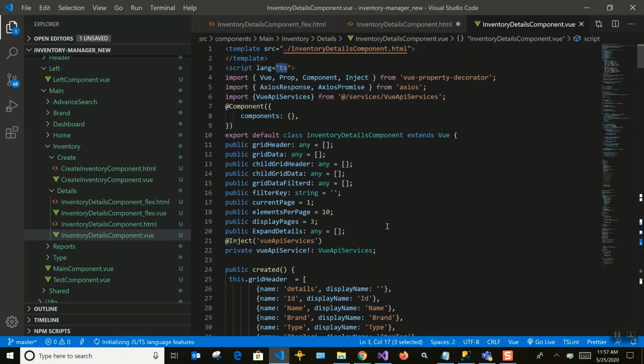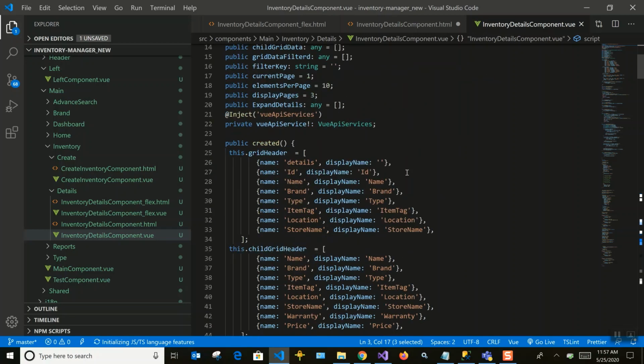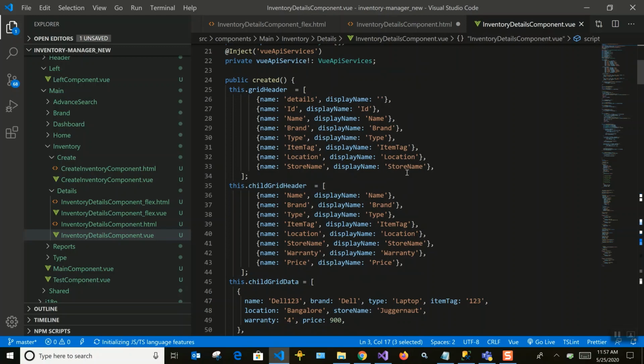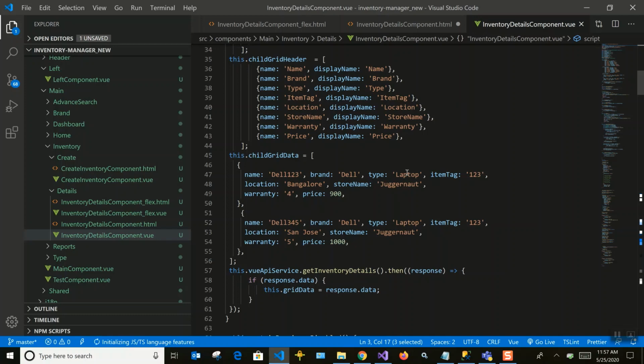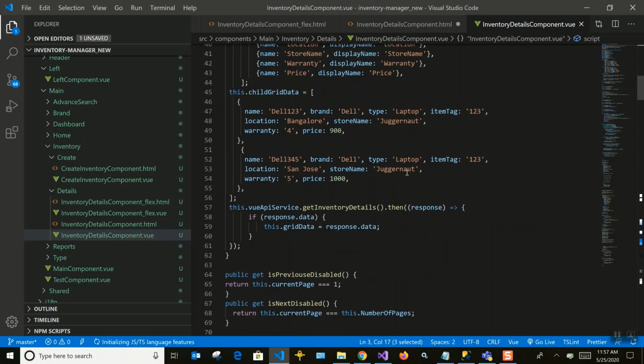You should specify the particular type by creating the corresponding interface, or basically the models. We'll cover that part in another session, how we can keep the code clean and more understandable. That's why we are going for TypeScript. So that's about the grid forming part.